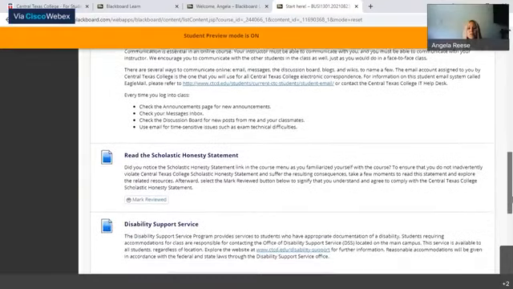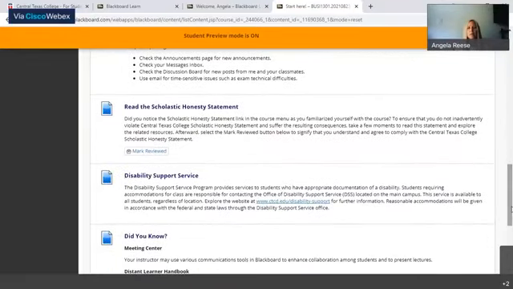I will even take just a moment to pause on these 2 areas here, because if you are a 100% online learner, you don't always realize the resources that the college has for you. So make sure to read all the way to the bottom. If you need to learn more about scholastic honesty, meaning that you are actually submitting your own work and not plagiarizing, using other people's work and pretending that it's your own, that is something that you would want to ask questions about. Or if you are somebody who could use disability support services, there's information here on how to find